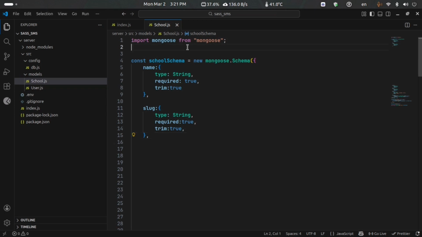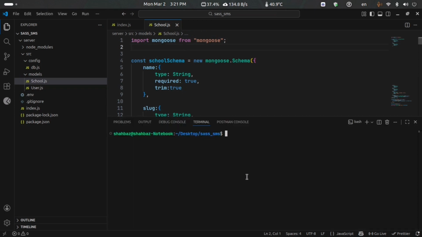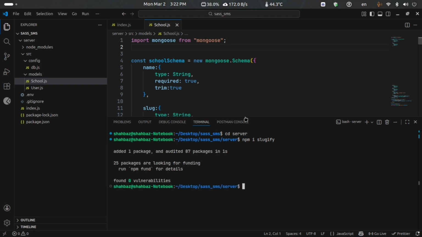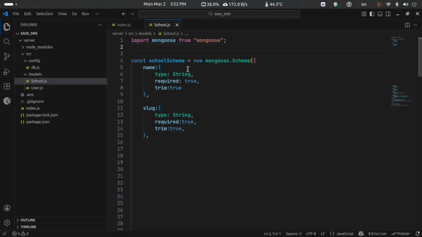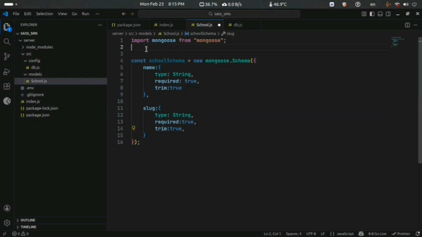For this we need to import slugify. Since this package isn't installed, let's run npm i slugify in our server folder. Now we need to import slugify from slugify.